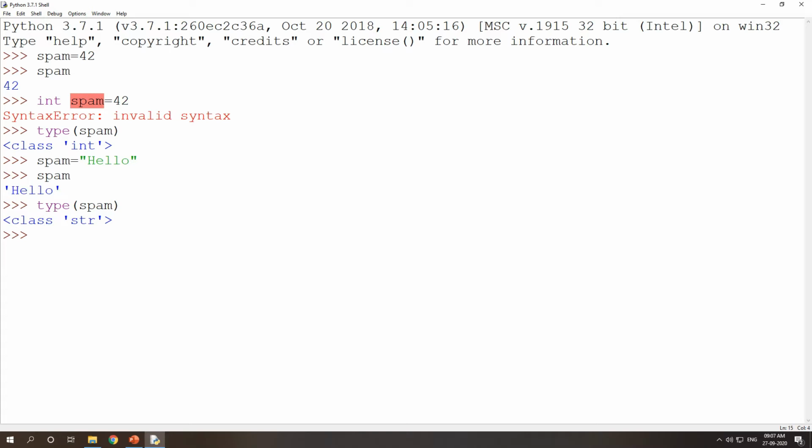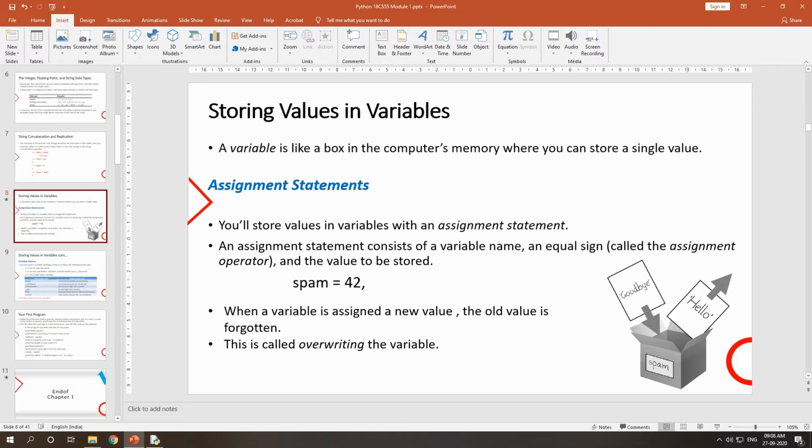Before, we had assigned 42 to spam, then suddenly we assigned hello to spam. Overwriting happens: in the box, you remove the previous value and insert the new value. When a variable is assigned a new value, the old value is forgotten. This is called overwriting the variable.